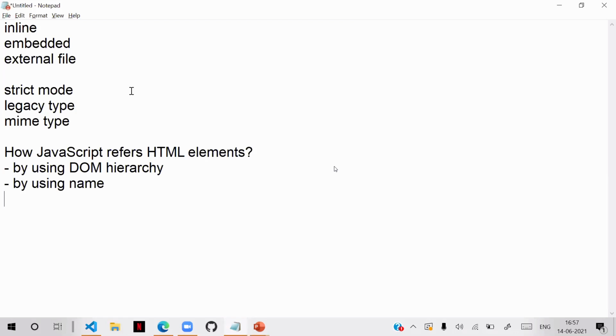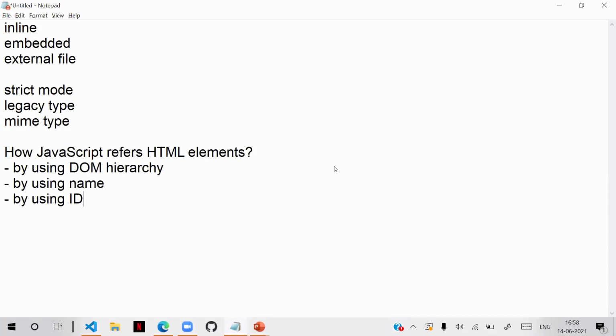Here we can refer by using ID. What is ID? We can refer by using ID. The advantage is already we know that. ID is unique.